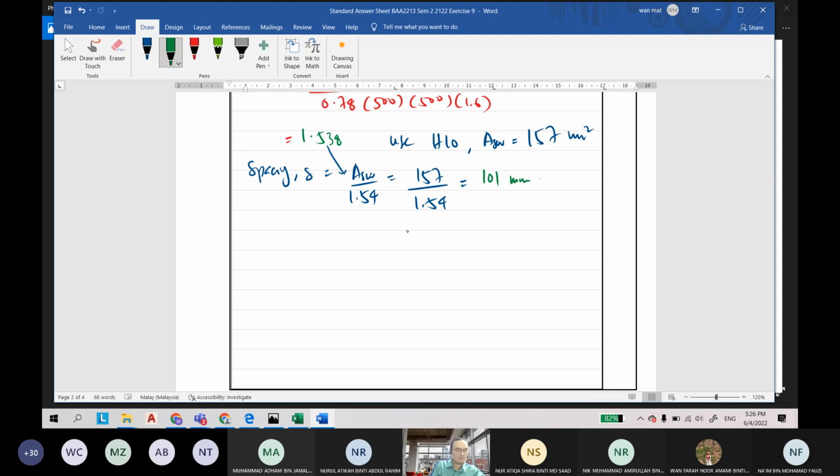So what can you propose? Use S equal to 100. Okay, good. Thank you. So you use H10 at 100 millimeter center to center. This is near the support. And then we check